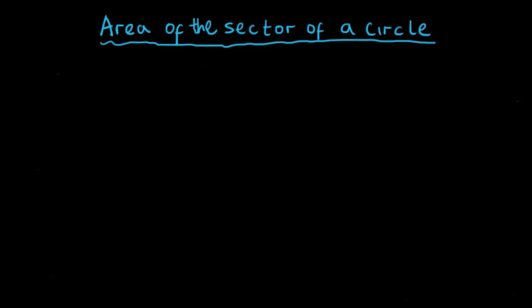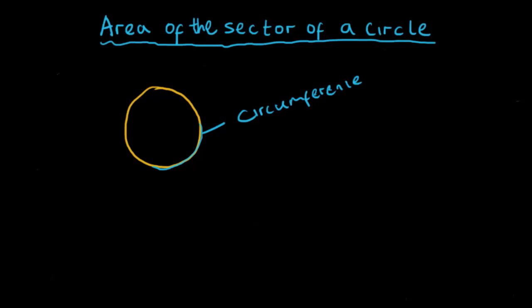But before we jump into the topic, we need to know the parts of a circle. For example, if I draw a circle here, note that this is just a rough circle. The first thing you want to note is this outline here, this golden bluish outline. It's called the circumference of the circle. Every part of the outline is called the circumference of the circle.